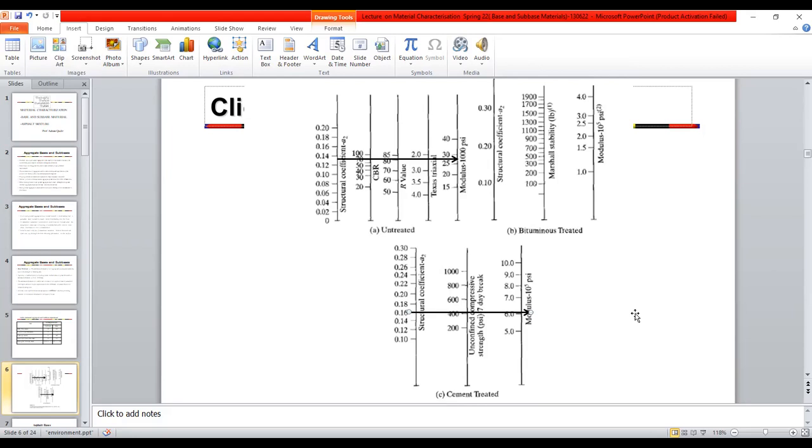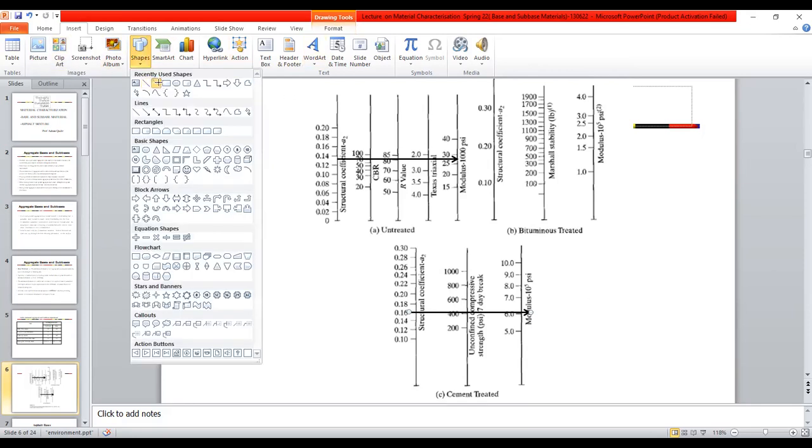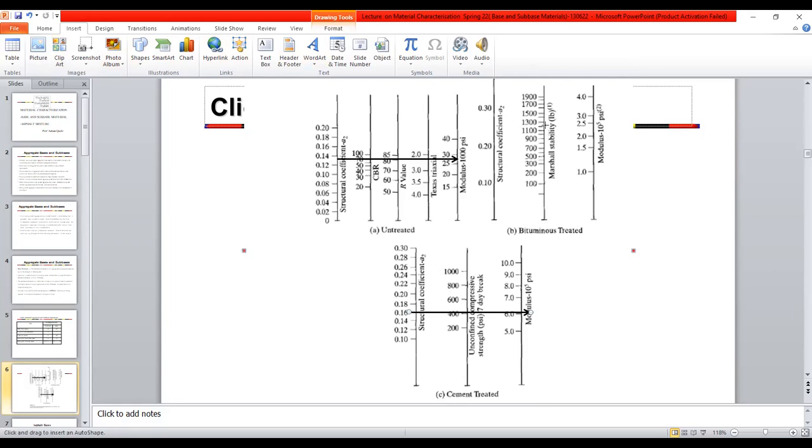If you have a bituminous treated base, then obviously you can have some Marshall stability value, say 1000, and for that you have around 200,000, or 2 lakhs.